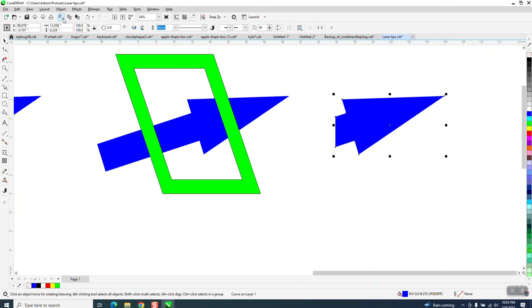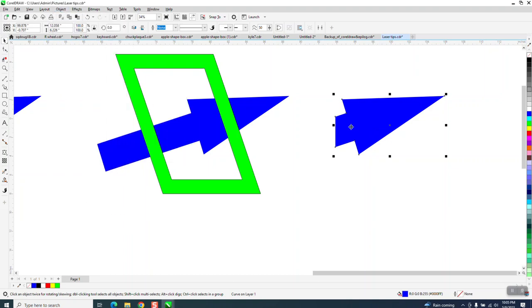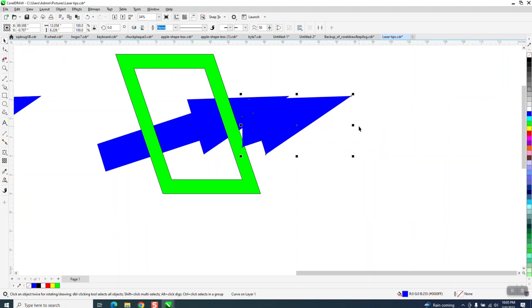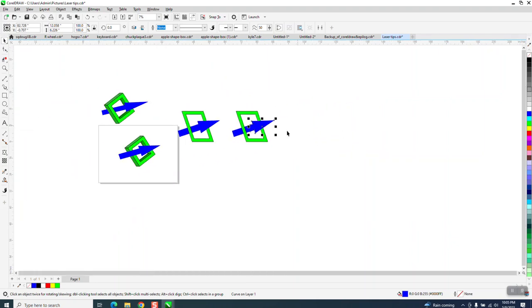Now take away your box, put the arrow, well, all we have to do is probably take this one and go to object, order, front of page, and then just put it back. And now the arrow looks like it's going through that box. That's because this is a curve. You can't do it on this one,